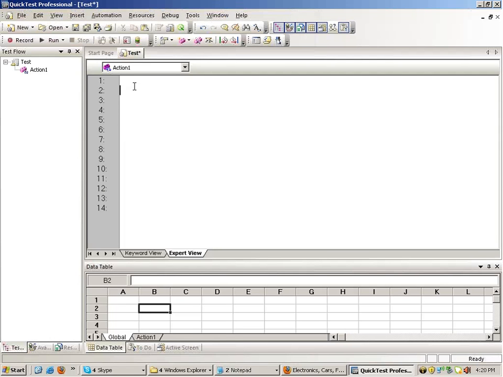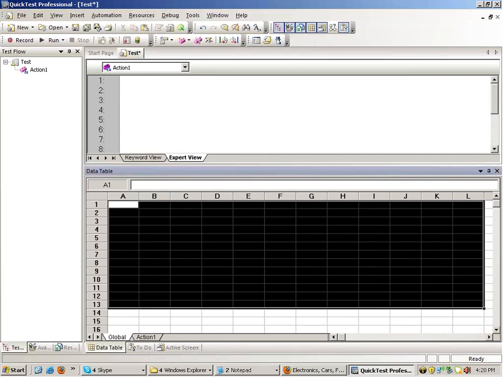Now, alright. Now I have talked about the object repository. I have talked about how to use it, how to generate scripts, how to drag and drop stuff and all. Right. Now, when you are making scripts, you actually read the data from the data table.